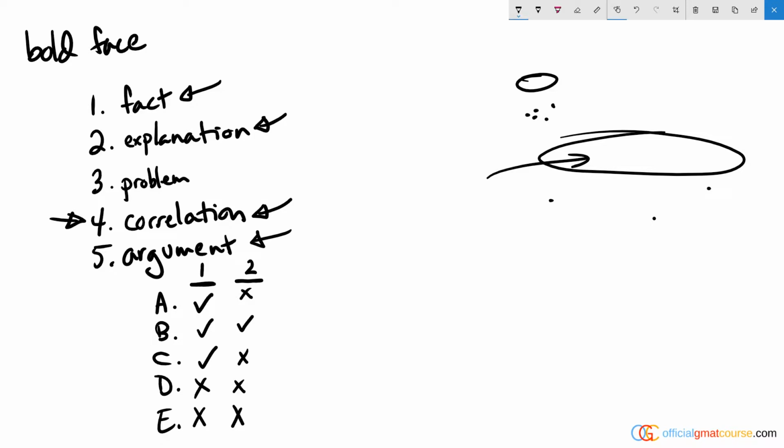Looking at our answer choices, D and E are immediately out on that first part, which misidentifies the first boldface as being the position that the argument opposes. Well, the argument says it's a good hypothesis, not a bad hypothesis. So the argument does not oppose that. So that eliminates answer choice D. And then answer choice E, same problem. The argument does not oppose this.